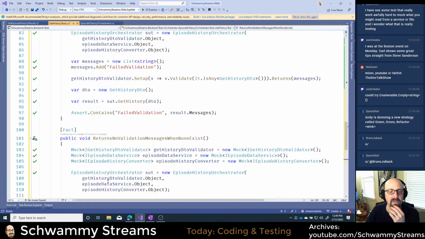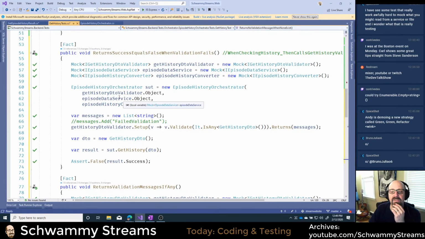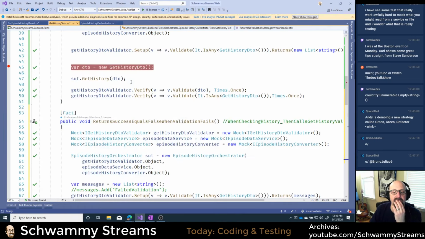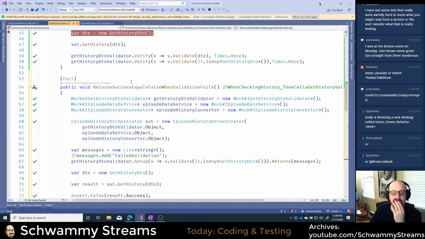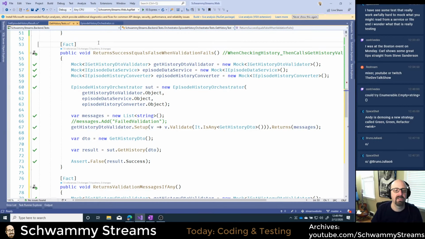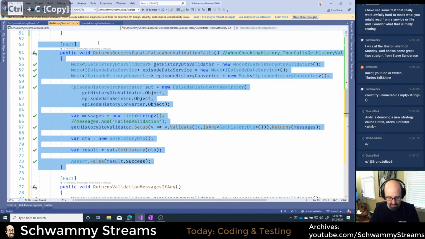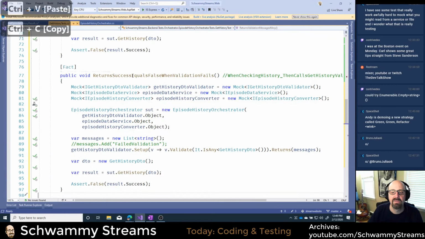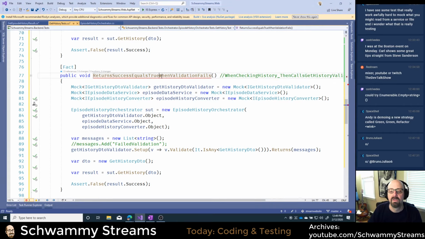Okay, great. So that's working good, but I still have a problem with my success. So return success equals false when validation fails. It didn't seem to be working, right? So let's do another test. Let's flip that over. I always do tests for both sides of this thing. So I'll say return success equals true when, well, this is going to be a little tricky because I haven't gotten far. All is well, right? When everything works, it should return true.